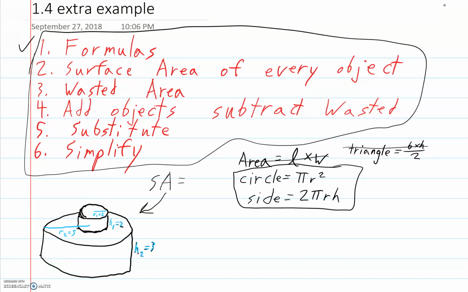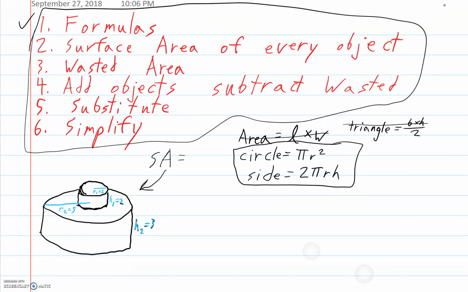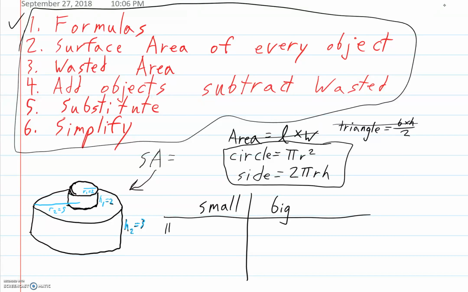Step 2, surface area of every object. We're going to do the small cylinder, and then the big cylinder, step by step, each one of them. The small object has a surface area with a circle on top and a circle underneath. So we need to find the circle on top, and the small object is labeled R1 with the radius R1, so I'm going to call it pi R1 squared